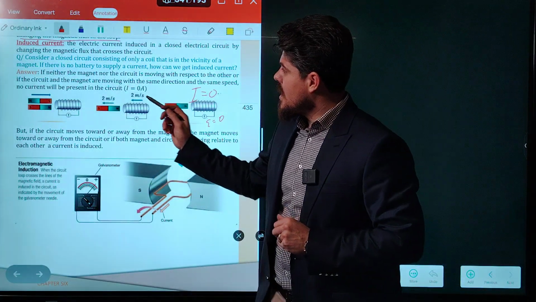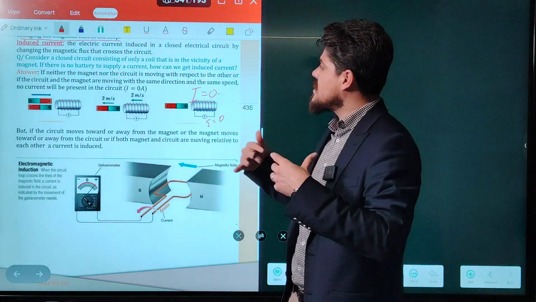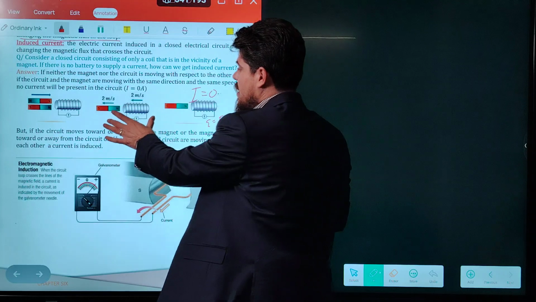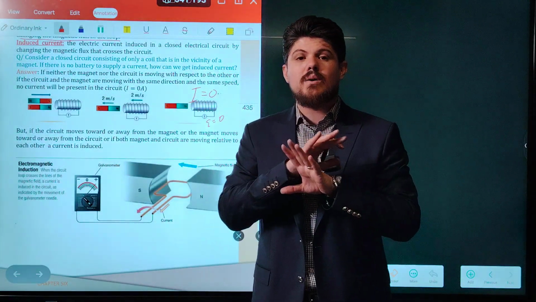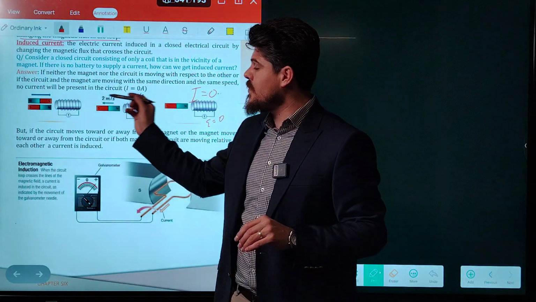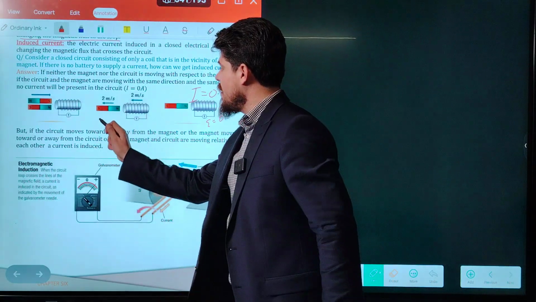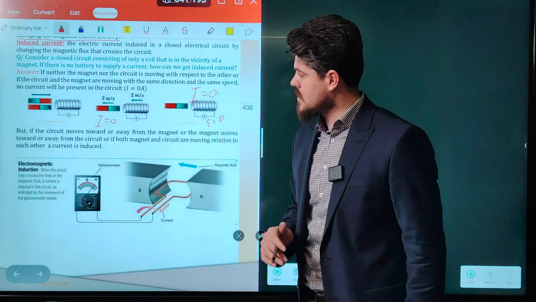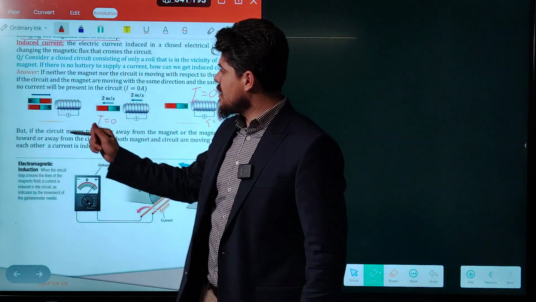In the second figure, if the circuit and the magnet are moving in the same direction and at the same speed, the current does not induce. Why? Because there is no relative motion. Without relative motion, the current does not induce. Both the circuit and the magnet are moving in the same direction with the same speed. In this case also the induced current is 0. Why? Because there is no change in magnetic flux. Both of them are moving with the same speed, same direction. In the third case,